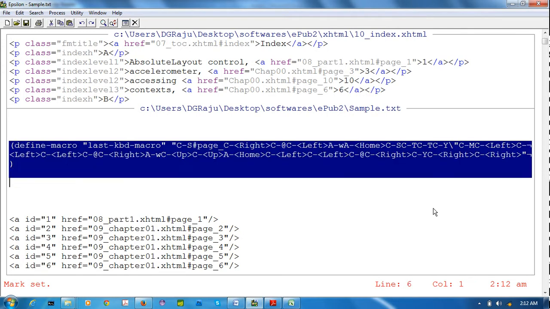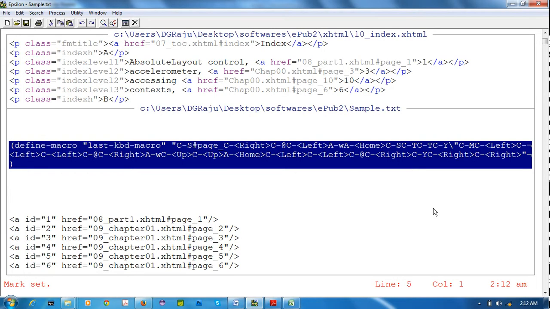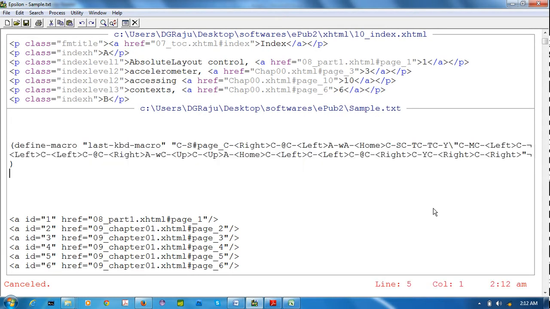For that I am loading this macro. Before that I am using one super command, that is Alt text. Suppose if I want to load this macro I can use Alt text load buffer, enter. It is showing sample.txt, this file, but it is showing an unrecognized syntax.